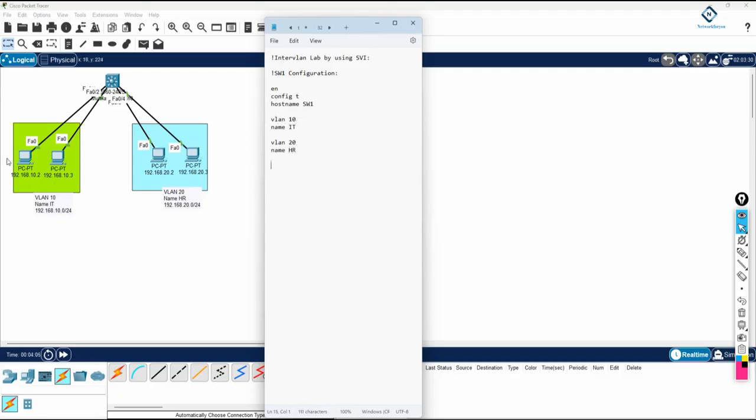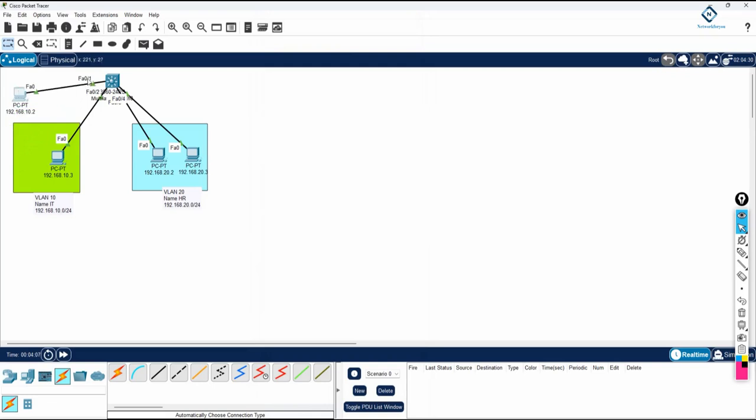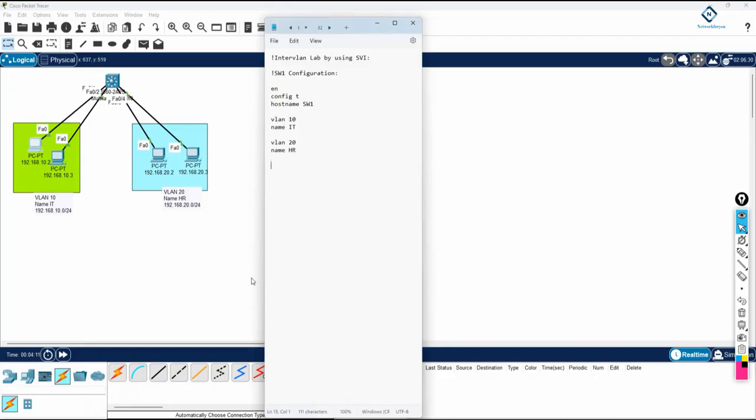Now I need to check that the cable is in ports 1 and 2. So I can write like this: interface range F0/1-2, switchport mode access, then switchport access VLAN